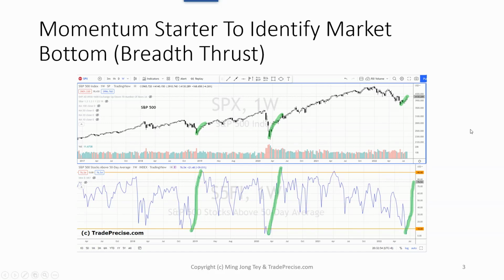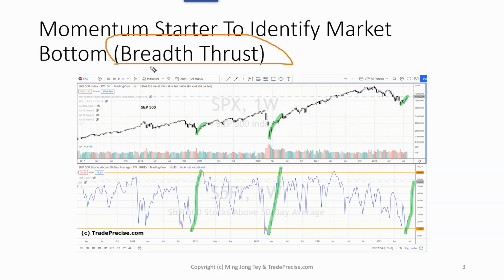Okay, what exactly is the momentum starter? It is used to identify the market bottom. In short, this is one kind of breadth thrust. In case you are not familiar with the breadth thrust, it is something like a momentum indicator. I think there are quite a number of different kinds of breadth thrust that traders or